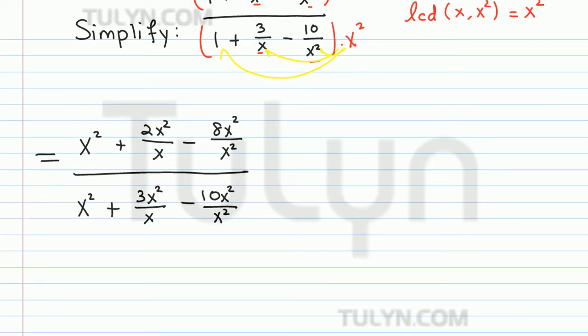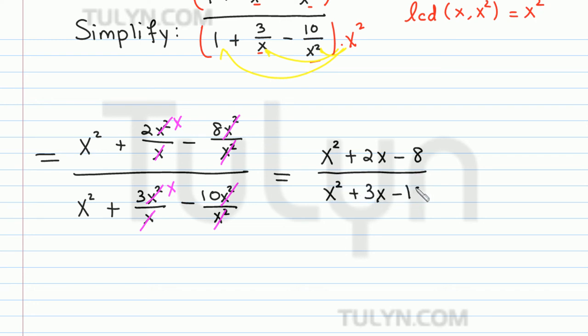And so now we can simplify. So the first term, can't do much about. For this one, one of the x's divides out, so we're left with just an x in the numerator. And here there's an x squared in the top and in the bottom, which cancel out. For the denominator, the x squared is just fine. The 3x squared over x reduces to just 3 times x. And then the x squareds in the last term cancel out. So let's simplify. So the numerator, we have x squared plus 2 times x minus 8